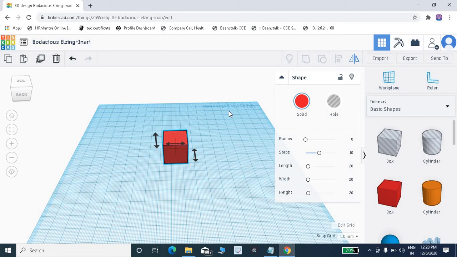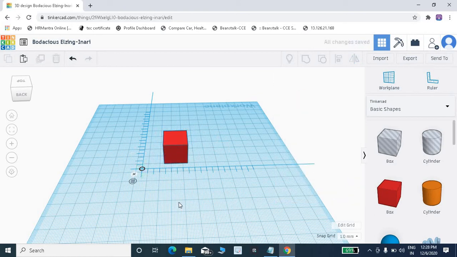Then next one, this one is the ruler. So the ruler is used to measure the distance between objects and measure the different diameters of your object.